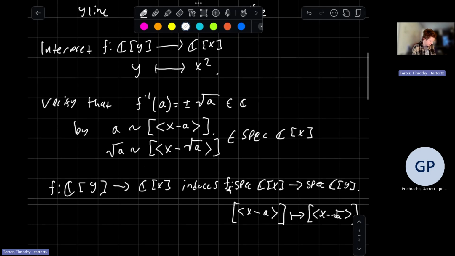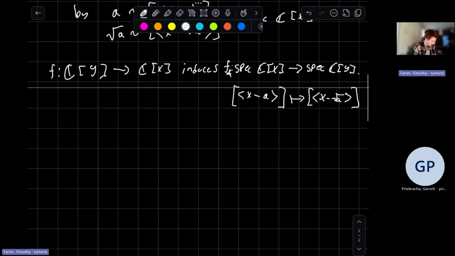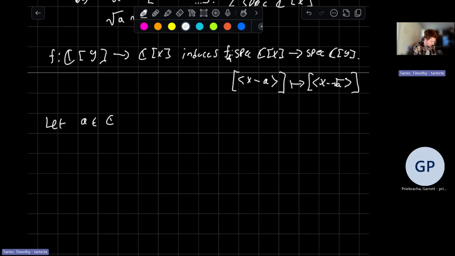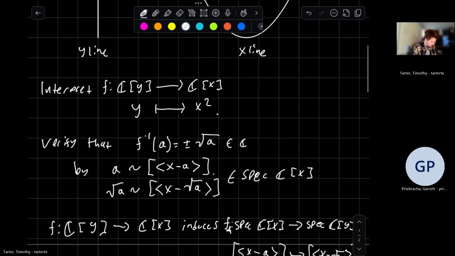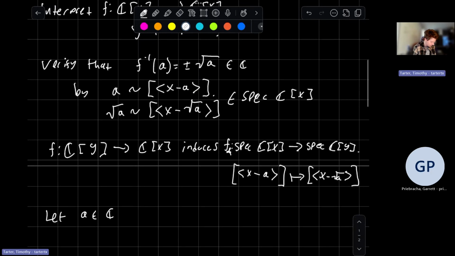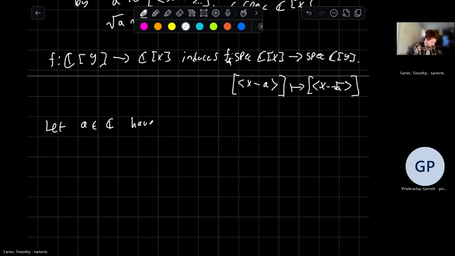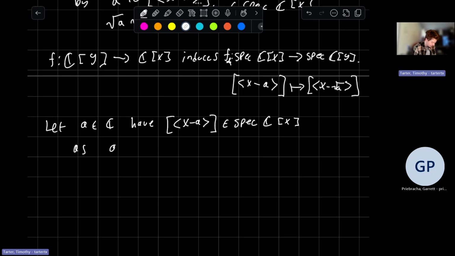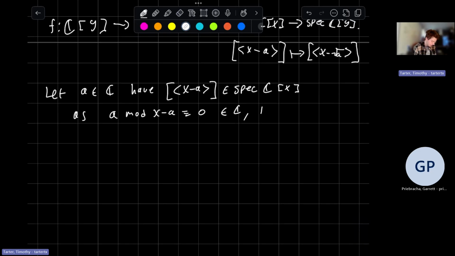And so essentially, if we let a and c have x minus a in Spec C[x], as a is congruent to 0, and c, then f star of